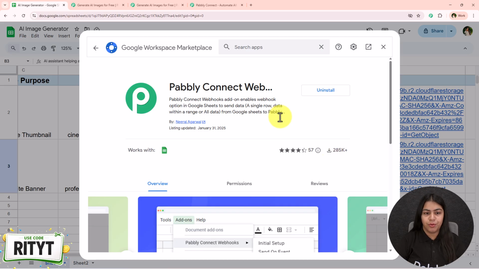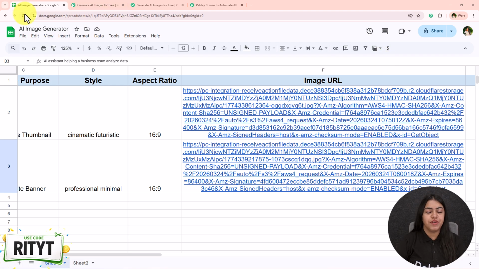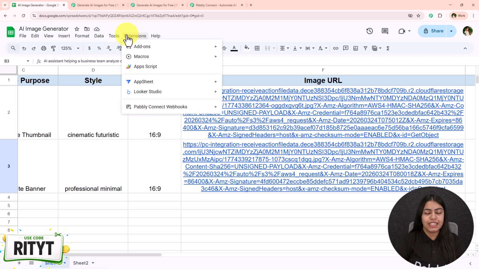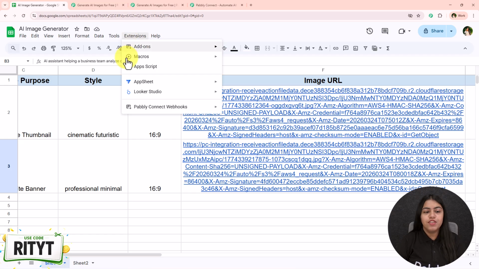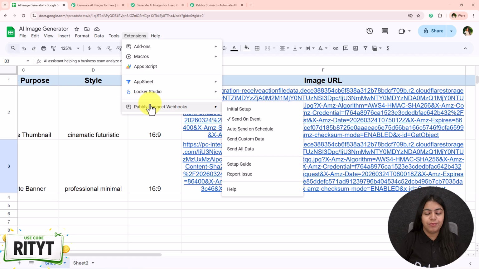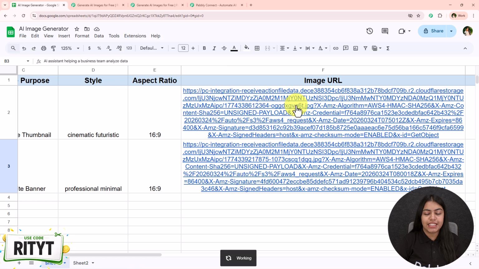Now what you have to do is simply refresh your spreadsheet in order to get the option of this Pabbly Connect webhooks in this extensions tab. It is very important that you refresh your spreadsheet, otherwise you'll not be able to get this option. So once you get this option of Pabbly Connect webhooks, go on this option and then towards this initial